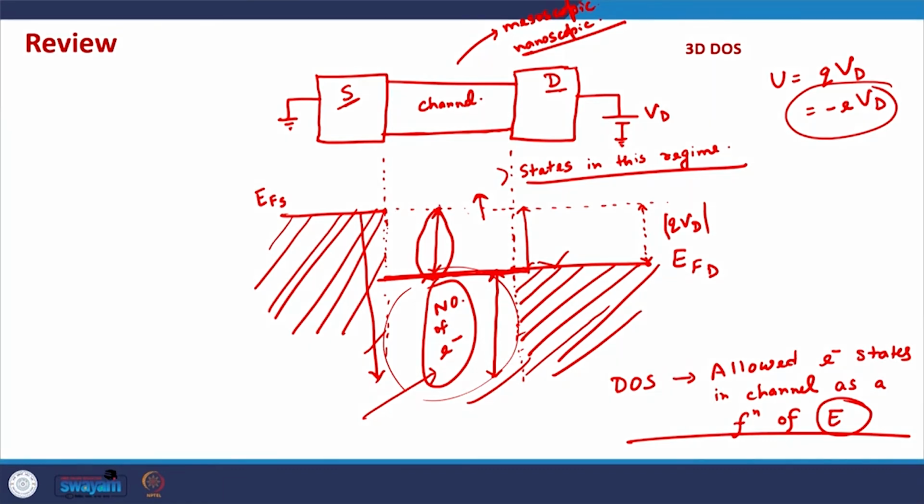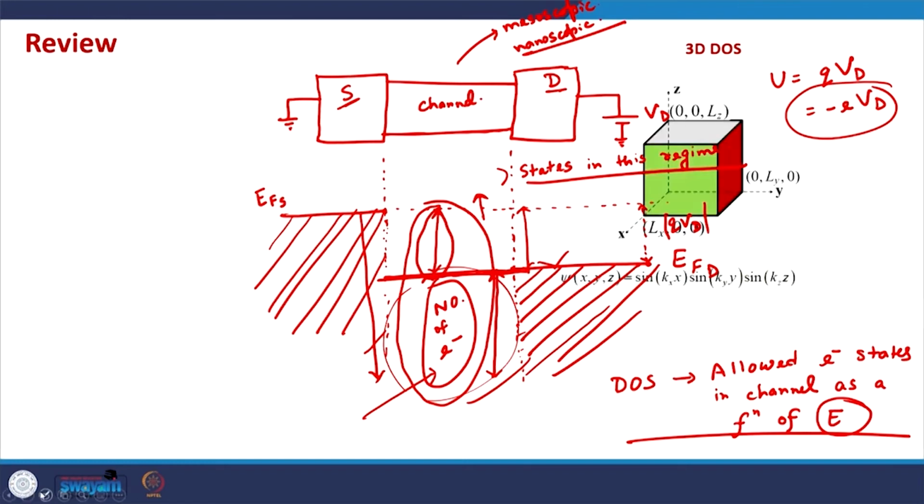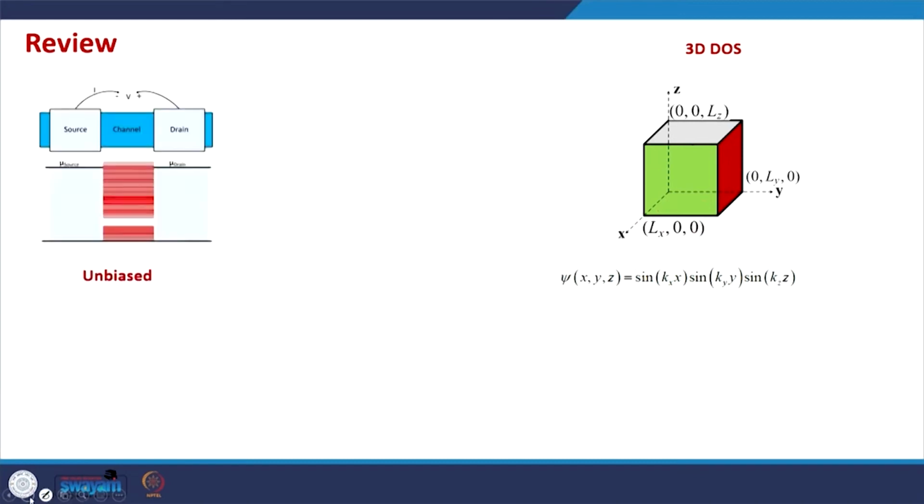So, that is why it is very important to know how many states there are, how many allowed electronic states there are as a function of energy, so that we can understand the idea of conduction, the idea of transport in devices well. And that is what we started with in our previous class. We saw that